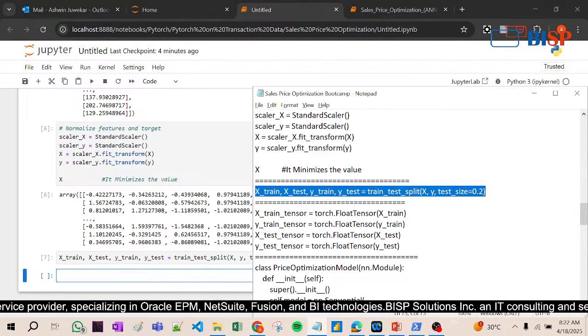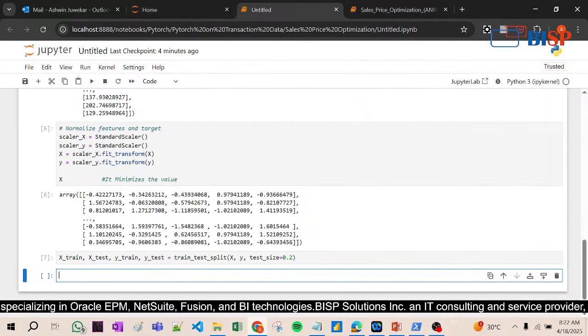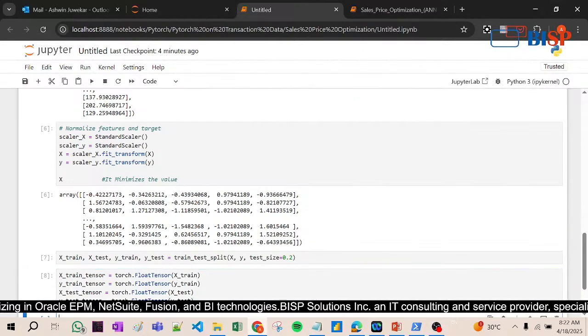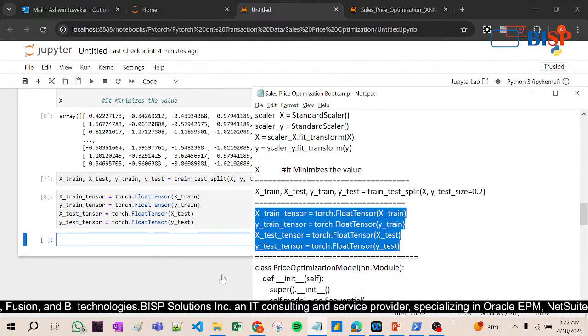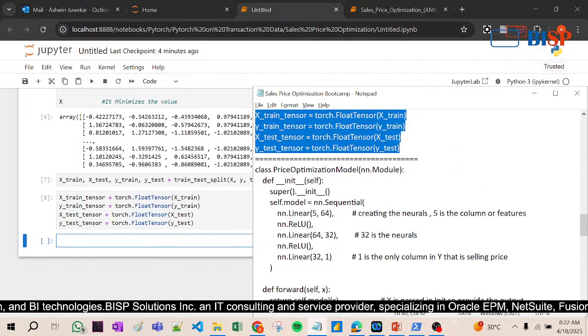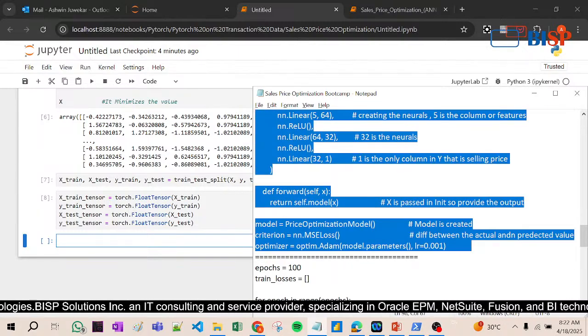Now here you will see X train tensor. Now we are converting this data into tensors. As you all know, the computer understands the language of tensor. Tensor is nothing but a matrix, right? So now see here, if I go again here,